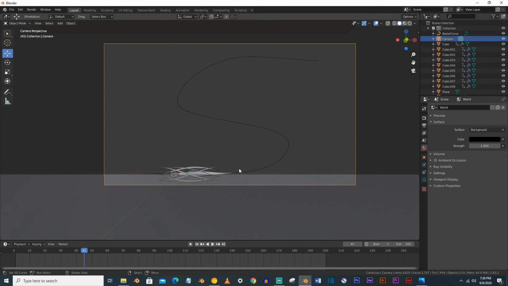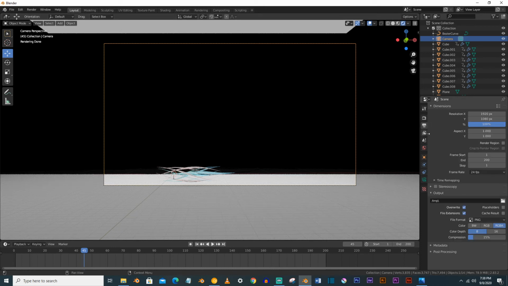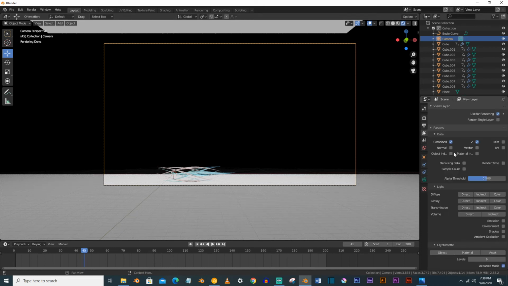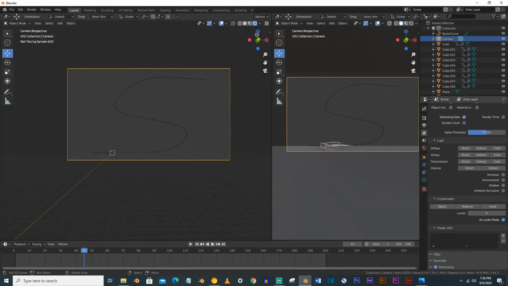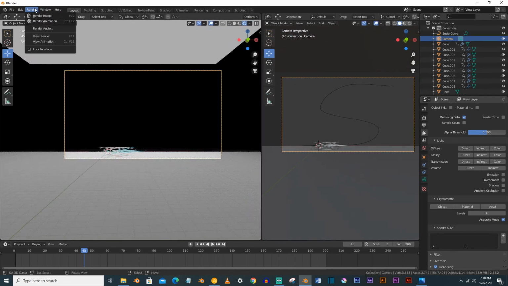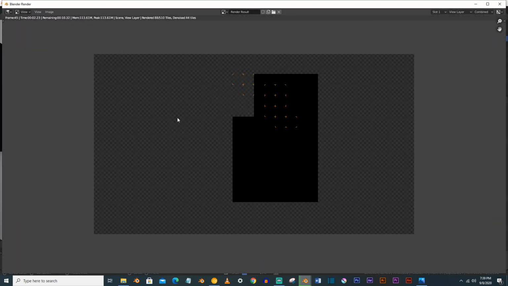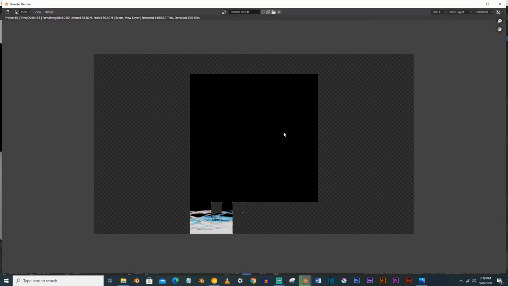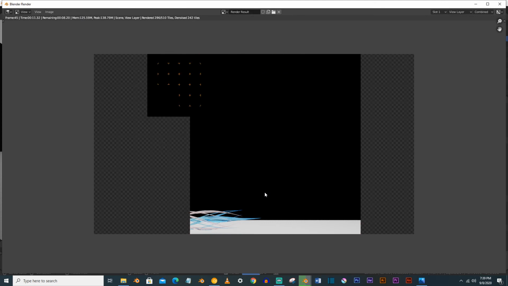And also one thing here, go to the render options and go to this layer tab and check on the denoising data and denoising this. Also go and click on the rendered image. You can see that our crystals are looking very fine here.